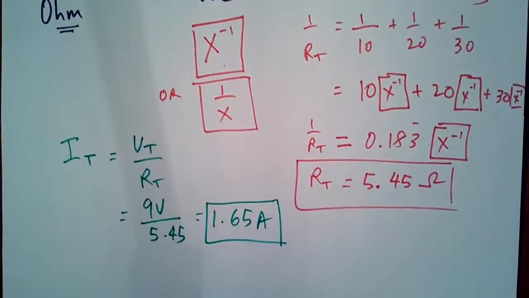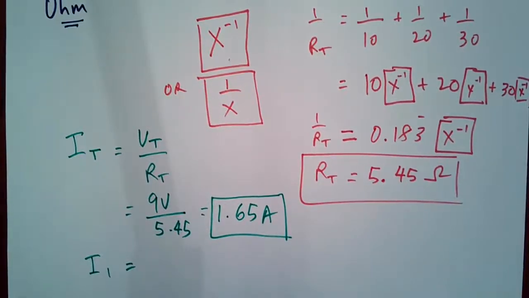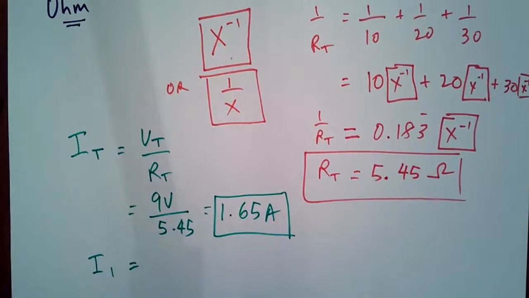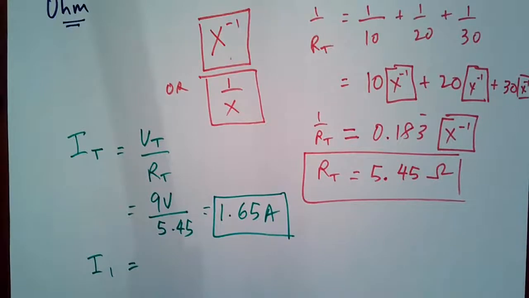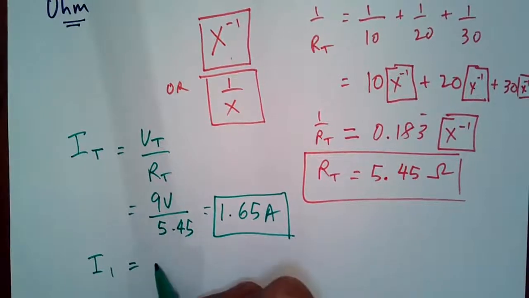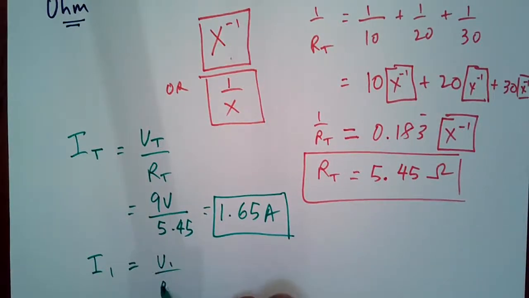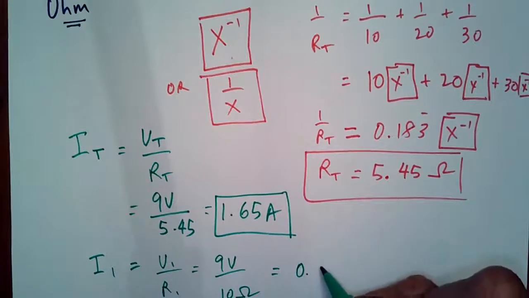Now, this is going to be different current because it's a parallel circuit. So now we can calculate the individual ones. So Ohm's law to the rescue. This is when you need Ohm's law equation, once you've analyzed the circuit in terms of Kirchhoff. Again, Kirchhoff before Ohm. So I1 equals V1 over R1. V is 9 volts divided by R is 10 ohms. So this is 0.9